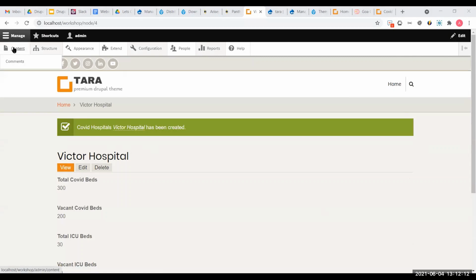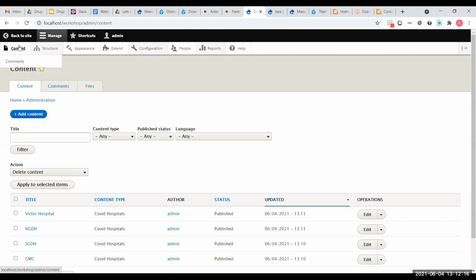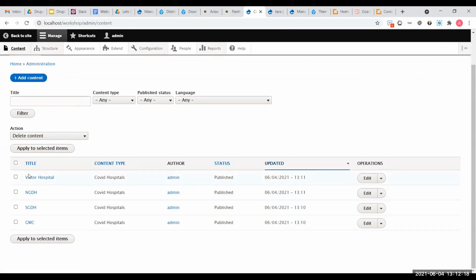If you want to see what I added, you can always go to this content page. It will show all the hospitals which I added now. Later we'll be adding more. There's a filter coming up here, and you can see the status as published. When we created the content, we didn't have to actually select whether it was published or unpublished, because